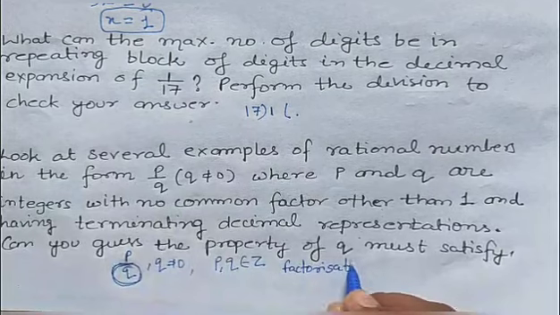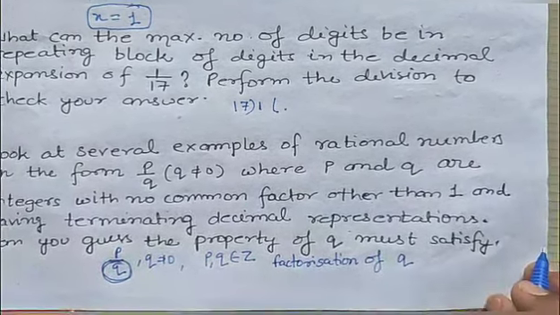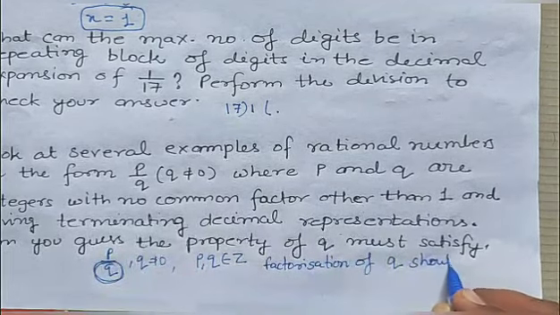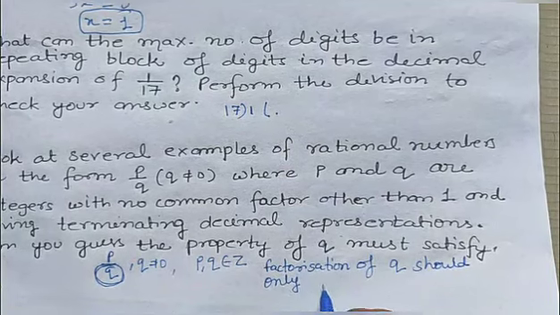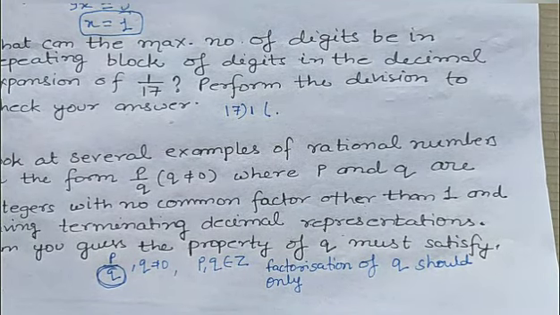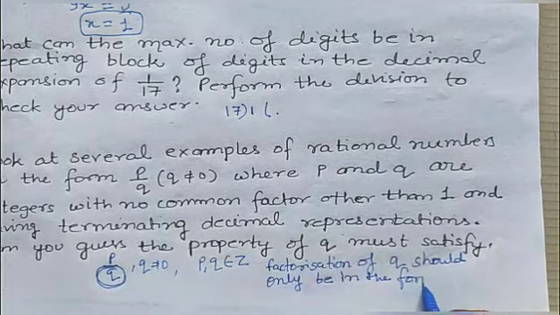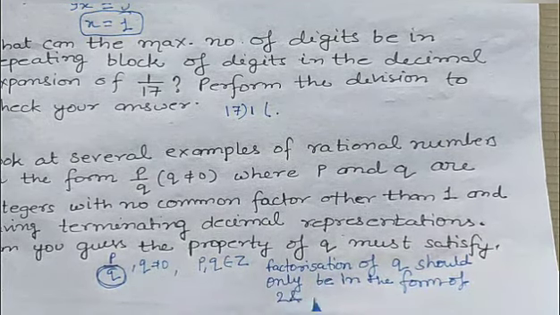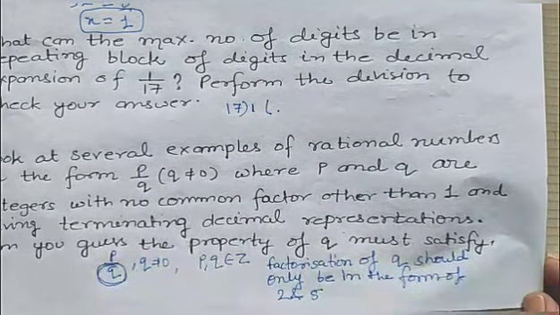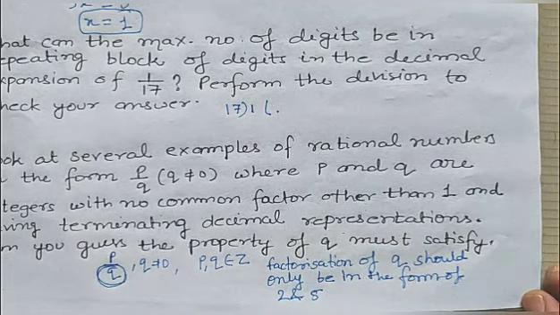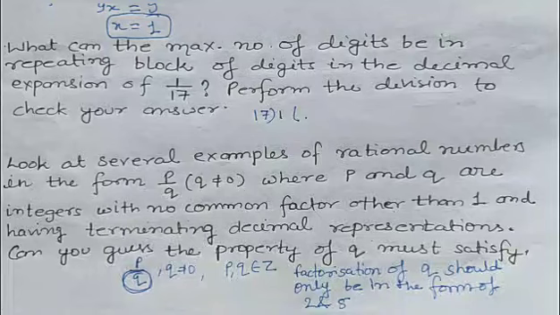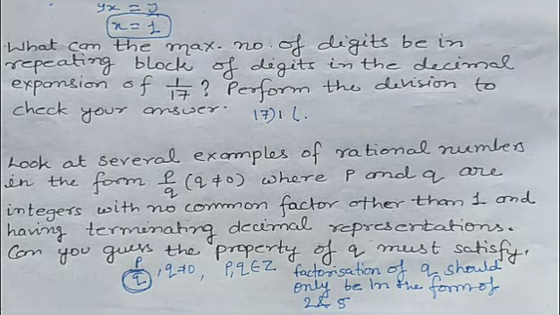should only be in the form of 2 and 5. Means when you factorize the denominator of a terminating decimal, which is converted into the form of p by q, or the rational number which is terminating, the denominator of that number, this q, should only be in the form of 2 and 5. Only 2 and 5 should be there in their